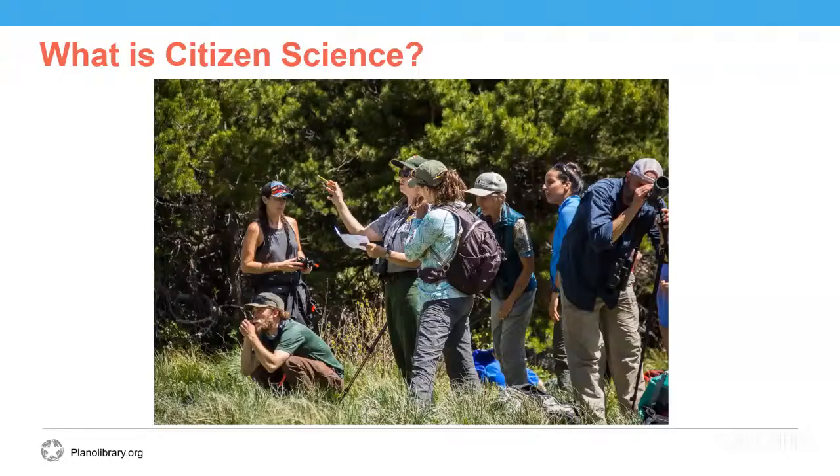You know when something is different or off, and this is valuable when you are doing a project about the world around you. Citizen science projects do rely on experts to validate observations, and multiple citizen scientists review the same thing so that a trustworthy consensus is reached. So don't let a fear of being wrong hold you back. Now you can see on the screen here, this is a more organized citizen science activity. These are some people helping with, I believe it was a mountain goat survey at a national park. You can see in the center, there's a park ranger. So while there are organized projects out there, what we're going to talk about today is something that you as an individual can participate in without having to rely on anyone else.